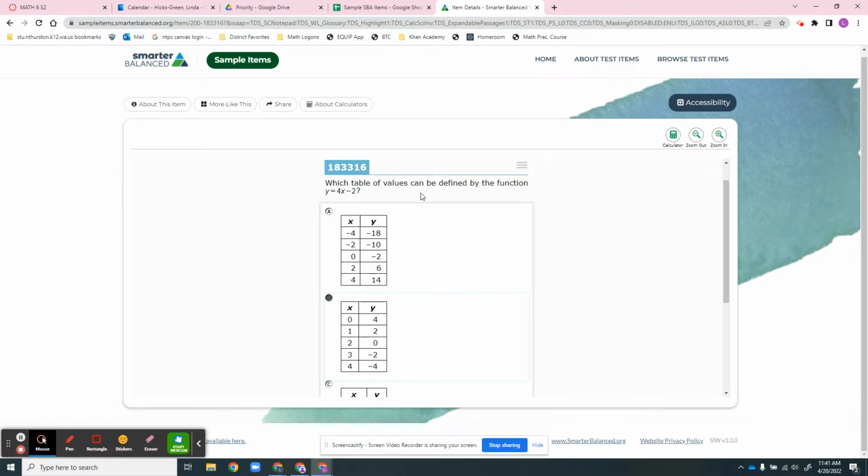Okay. All right, so we are going to look at this one. Which table of values can be defined by the function y equals 4x minus 2? So we are going to plug in our x value for here, right? So this one you may want to use, of course,